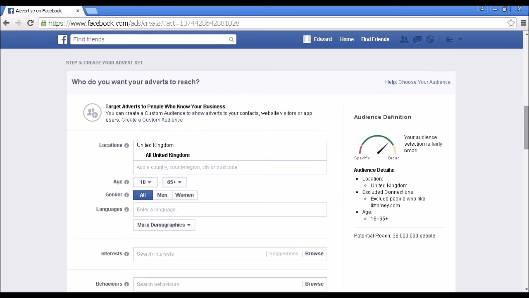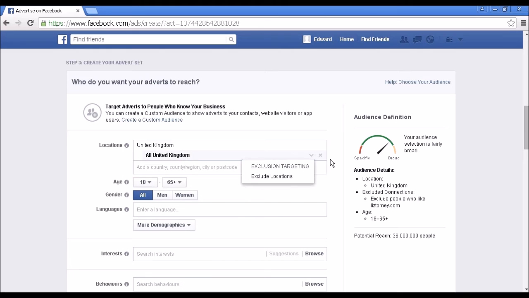And now you want to create your advert set. And this is where Facebook advertising can really score, because you can really drill down to a specific, narrow, focused target audience. Now, you can choose the location by simply clicking on here,